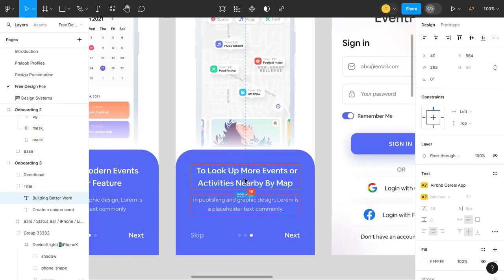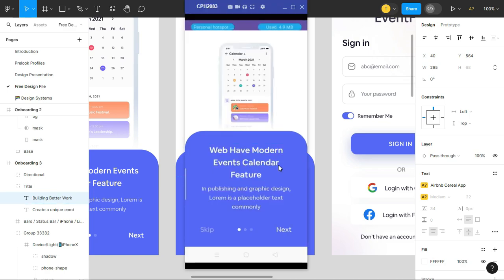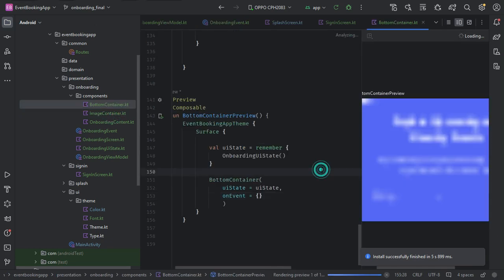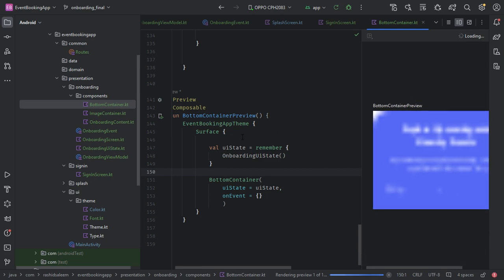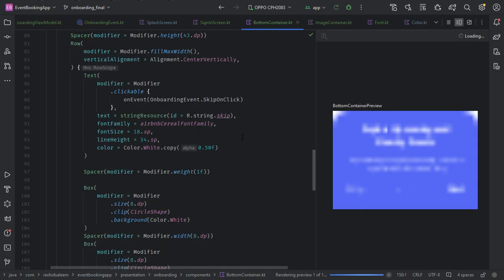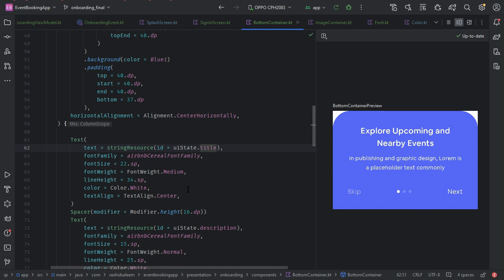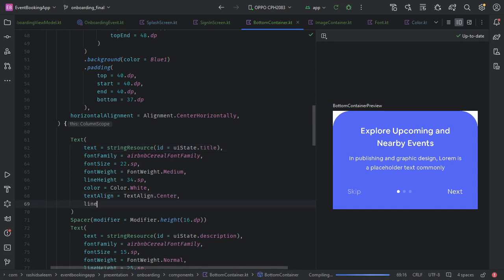In our design it's showing in 2 lines, so we will limit the number of lines of this title and description to 2 lines only. So for that we will go to our bottom container, and in here we have our title, and set max lines to 2,